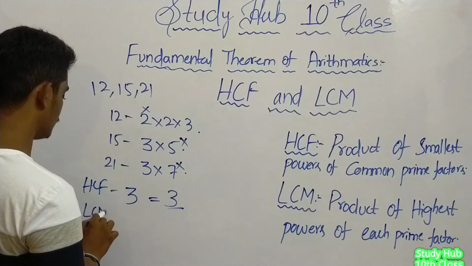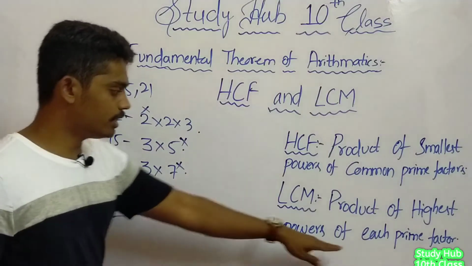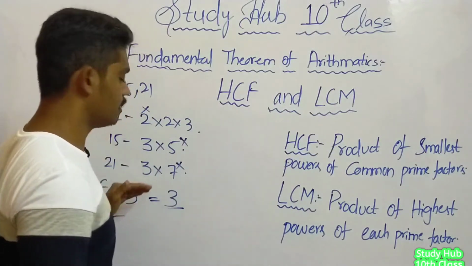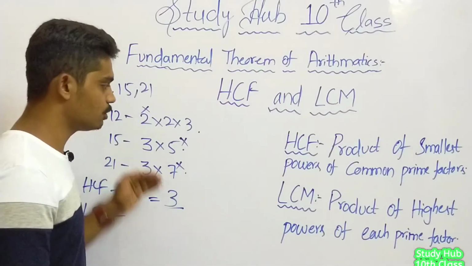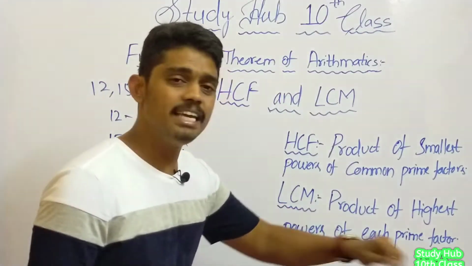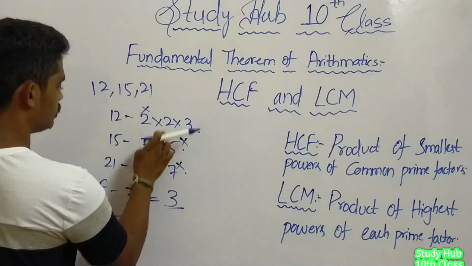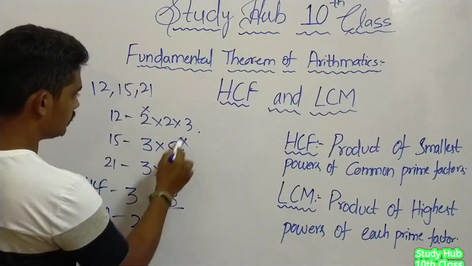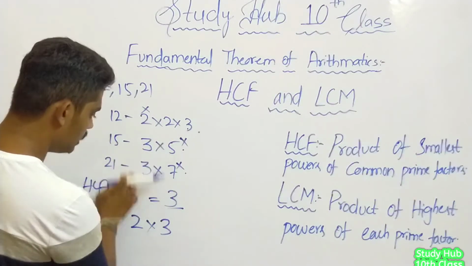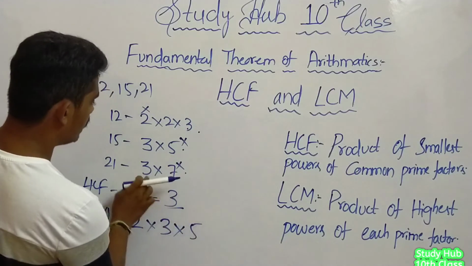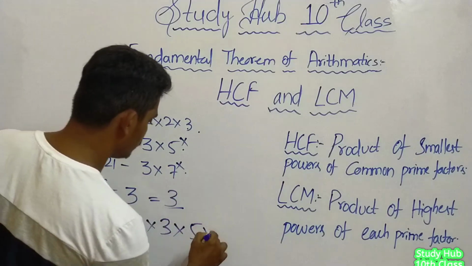Now let us check LCM. What does LCM say? There is no need to be common. For the prime factors, there is no need to be common. We can take each and every prime factor. Like 2 we have taken, these 2 already came. Next we have 3. So 3 already we have got. So no need again. 5 and 3 finished already, and we take 7.